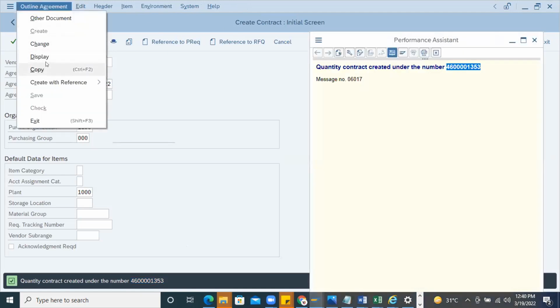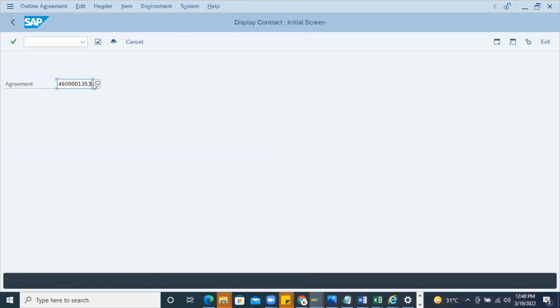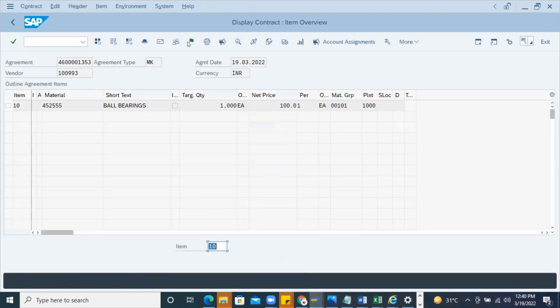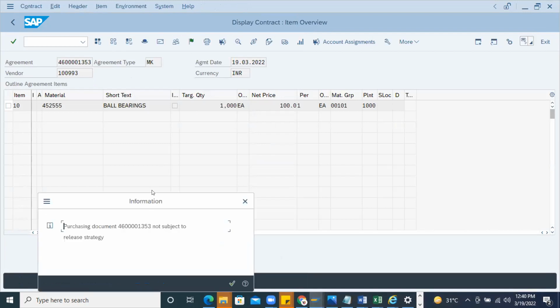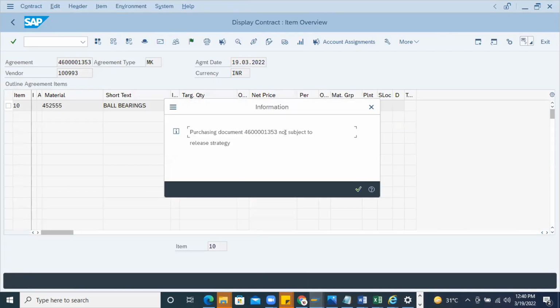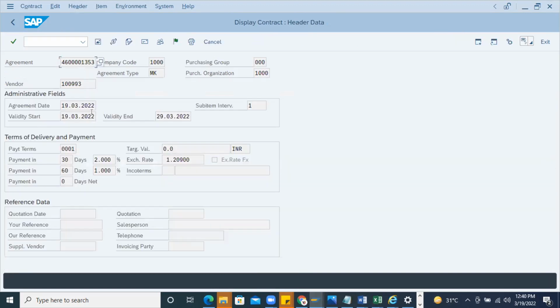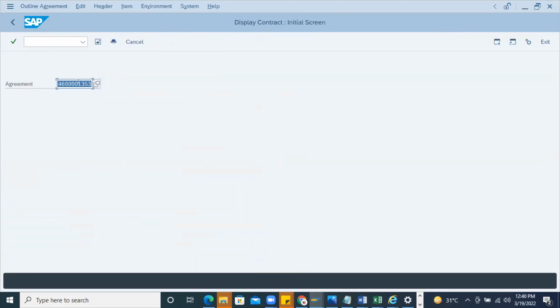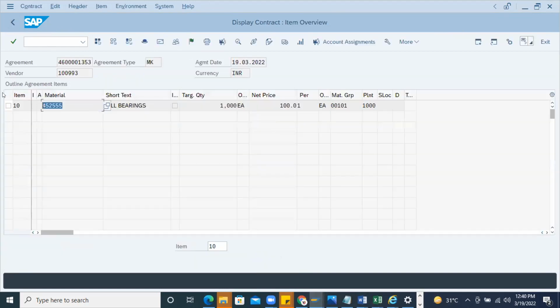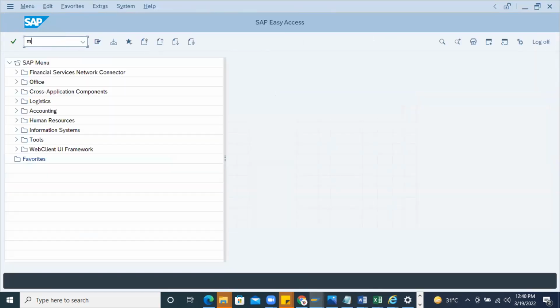I'll display. Here I can display this quickly. Enter. If I come here, see, purchase document not subject to release strategy. Simple. Now what I'll do, I'll take the same example here. Okay, simple. I'll show one example to you. I'll take this material. I go to ME21N